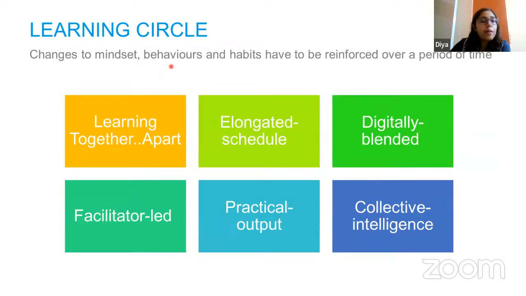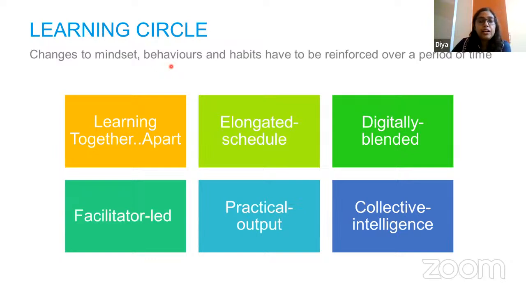So we have come up with this model where we focus on learning together and apart. So when we talk about together, it is more like meeting on a synchronous platform such as Zoom, like we have met today, and we are talking with each other. So here you get to meet your peers, and you discuss ideas, and also you learn apart, and that learning apart happens on the Vistango platform. I will be giving a demonstration of that platform today briefly. So it's a two-pronged process where you meet everybody, and then also you are learning at your own pace,